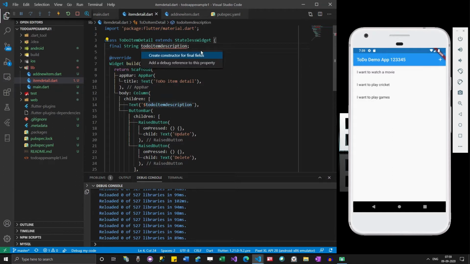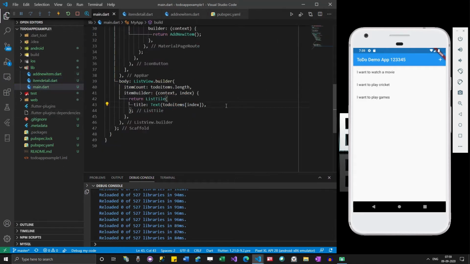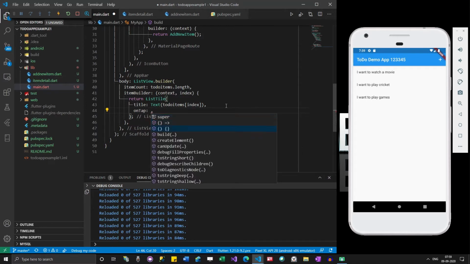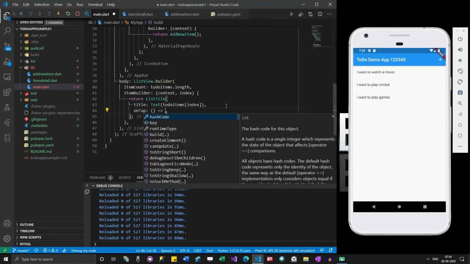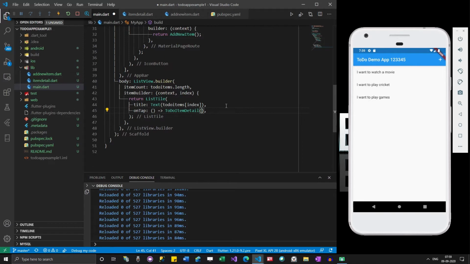And then necessary constructor. So all good. So now I just have to link with this item. Okay. So whenever on tap is done, to item detail of